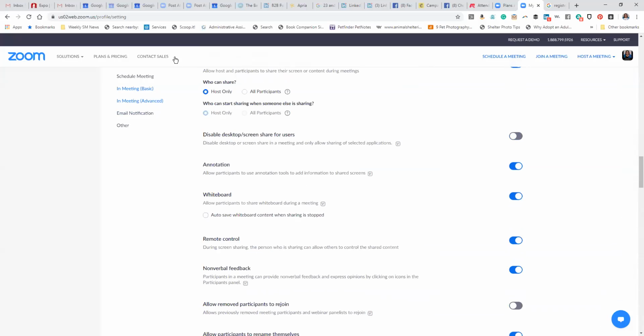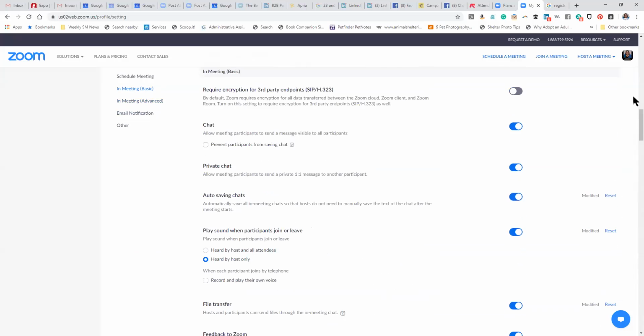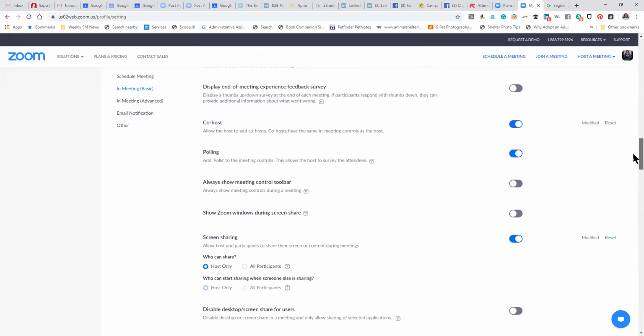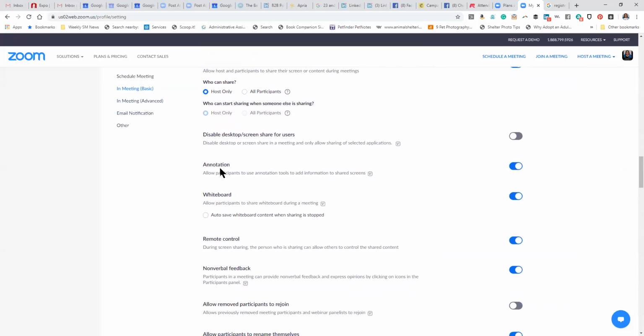But I think for you, the in-meeting advanced stuff is, oh no, the in-meeting basic stuff. Yeah, the in-meeting basic stuff, you go into here and do not allow people to share, do not allow annotation, and do not allow a whiteboard. And that way, they shouldn't be able to scribble in there. And also making sure you have a